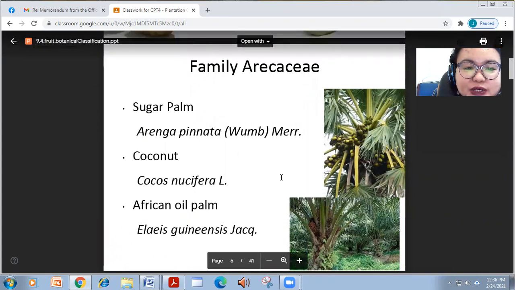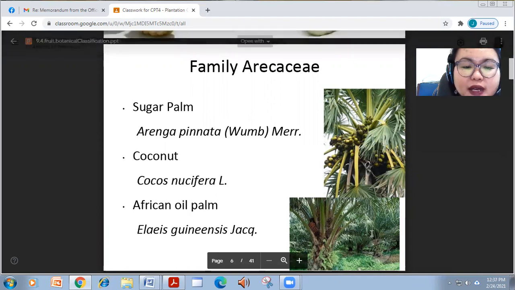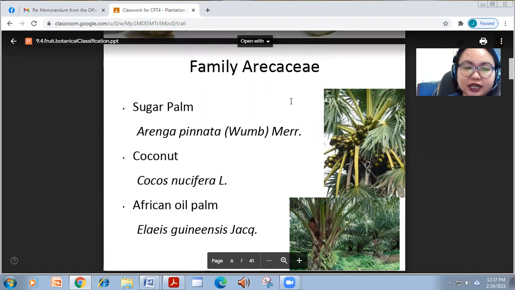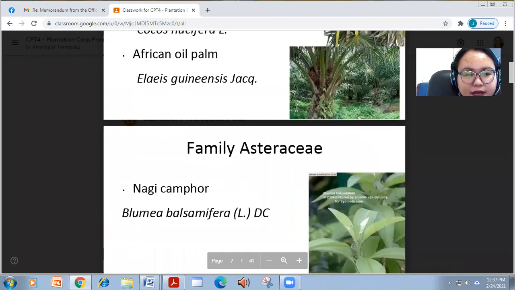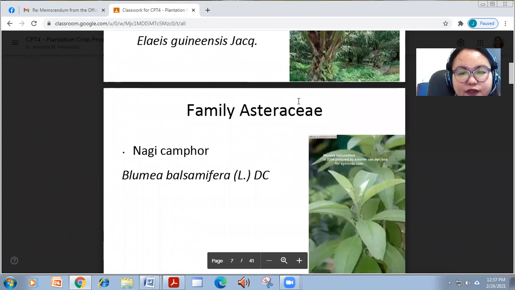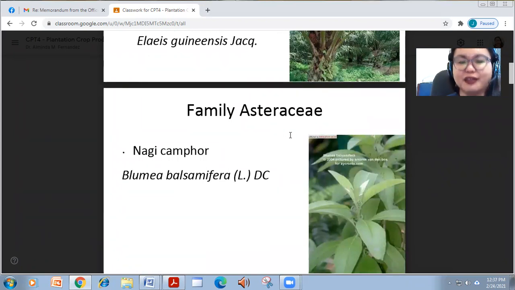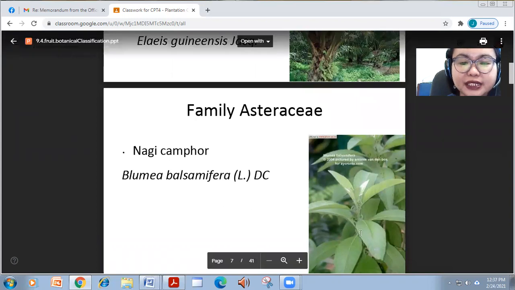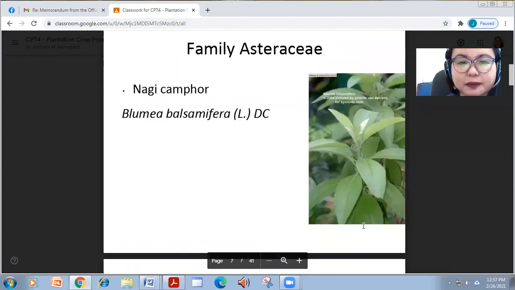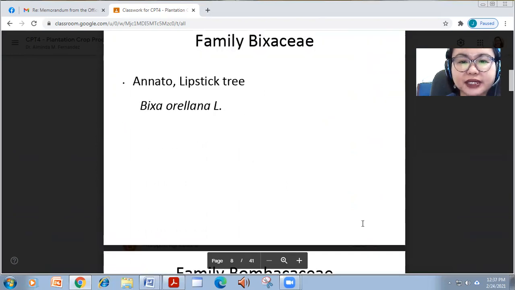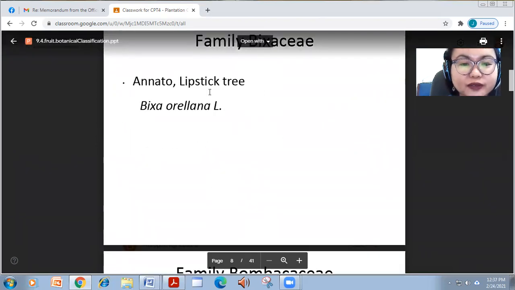Family Arecaceae, sugar palm, yung Arenga pinnata, and Cocos nucifera, or African oil palm, Elaeis guineensis. So under Arecaceae na siya, coconut family. Now we also have family Asteraceae, itong Sambong or Blumea balsamifera. That's a medicinal plant. Under Bixaceae, I don't know what happened to my photo here,